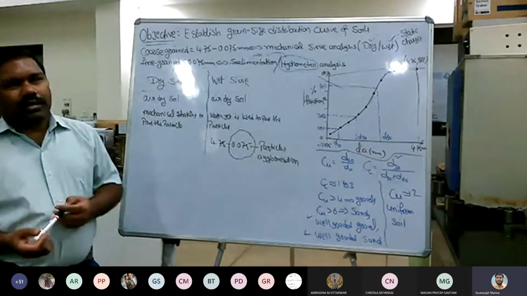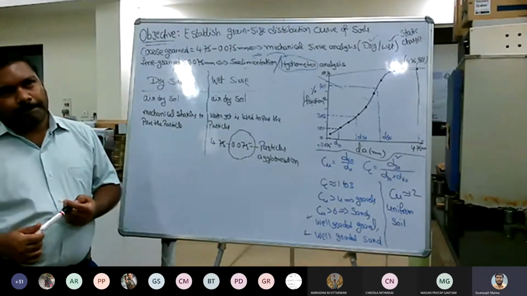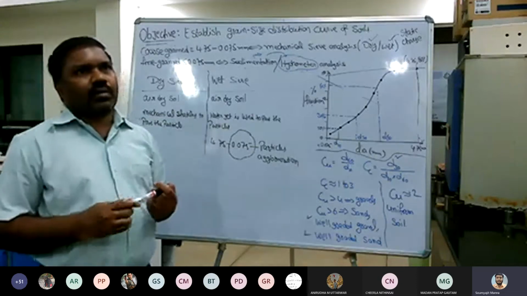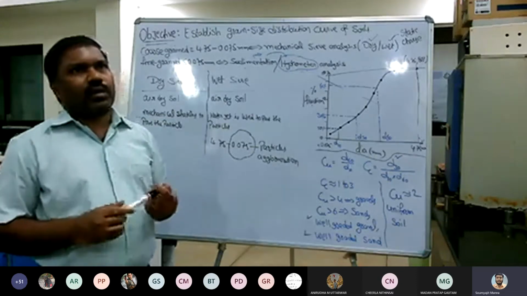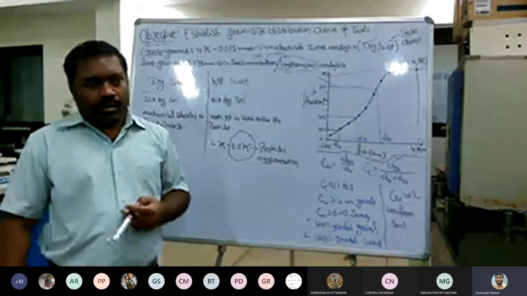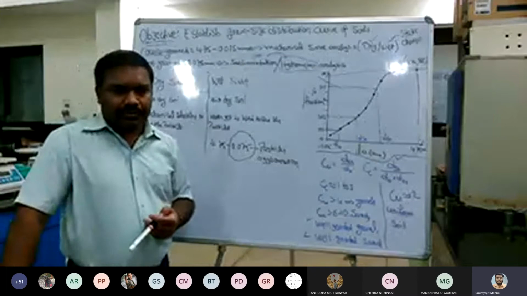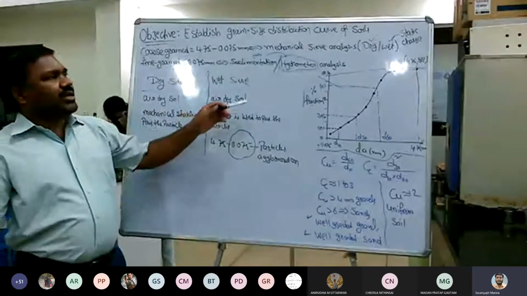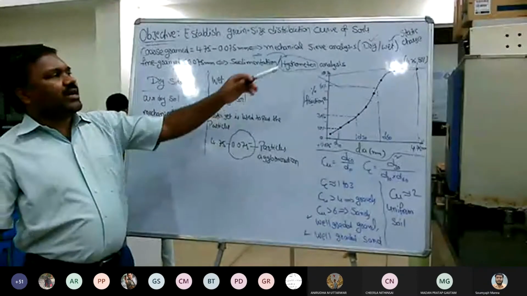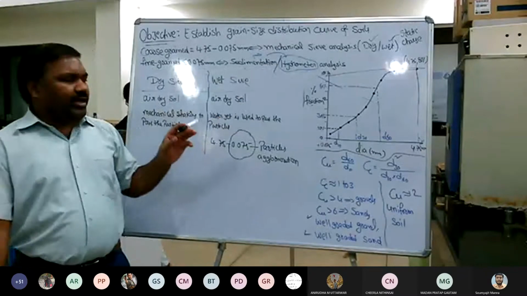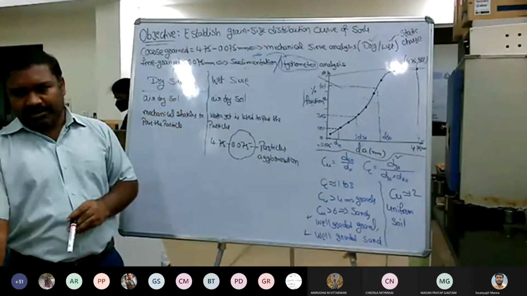Sir, when we are taking air dry soil, why are we using the concept of wet soil? You mentioned that when soil is wet, and previously that air dry soil is used for wet sieve. Won't that look contradictory? No. Air dry doesn't mean that it will remove your static charge. That is not possible. That's a disadvantage of dry sieve analysis, that's what I'm saying. That is an inbuilt disadvantage in the case of dry sieve analysis.